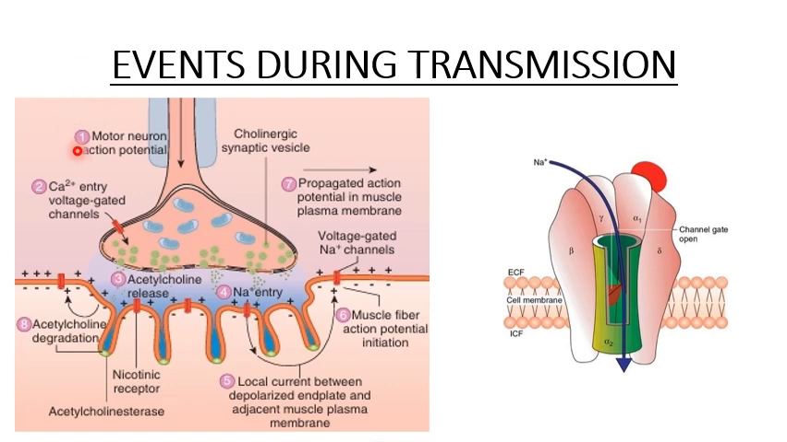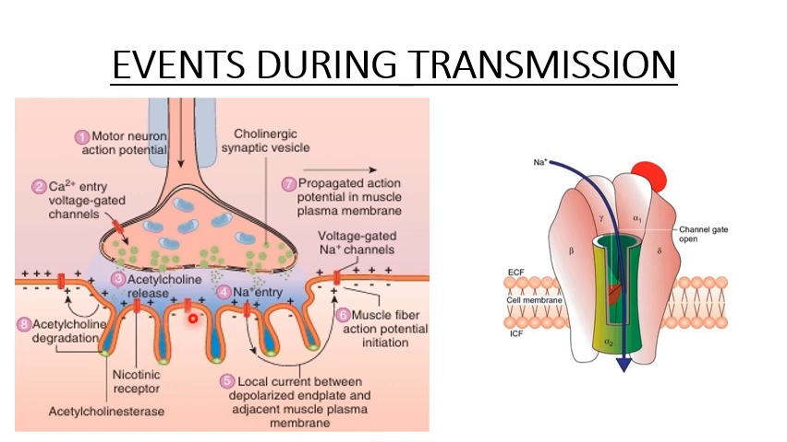First, motor neuron action potential. That means the action potential ascends through the axon towards the axon terminal, the synaptic knob. This action potential stimulates the voltage gated calcium channels present in the synaptic knob, so calcium ions enter. These calcium ions cause the synaptic vesicles to fuse and release acetylcholine in the synaptic cleft. This acetylcholine binds with the acetylcholine receptors present on the postsynaptic membrane,